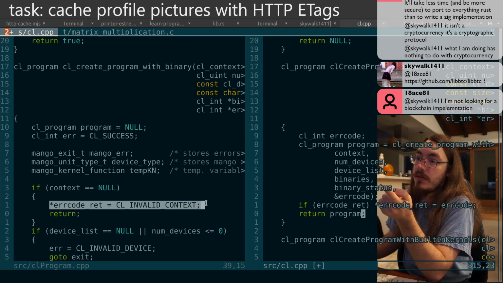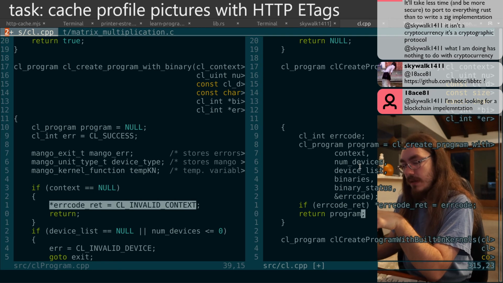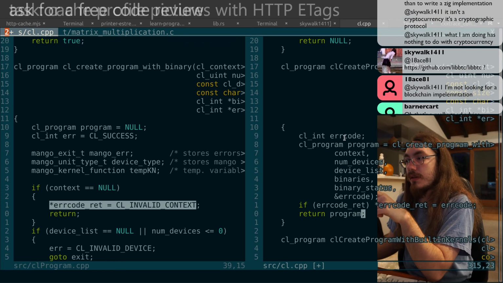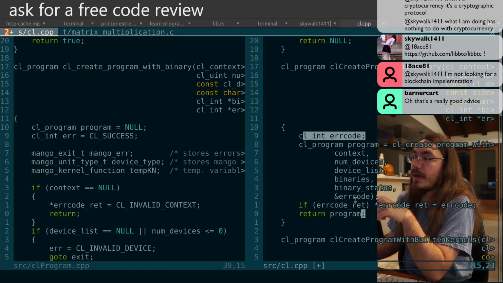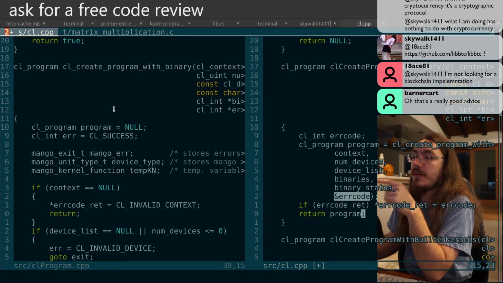It's simpler because you don't need a null check here, because originally the wrapper gave it maybe a null pointer to a CL int. But if you make a local variable and pass that to the implementation, then the implementation can know it's not null,